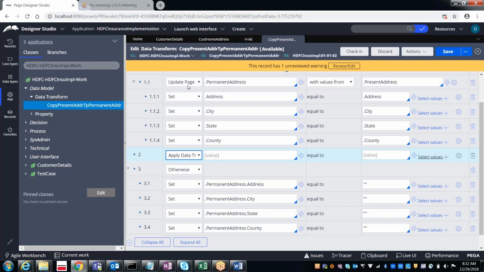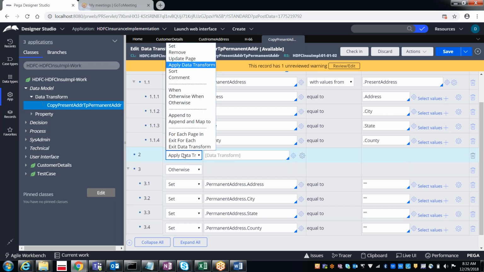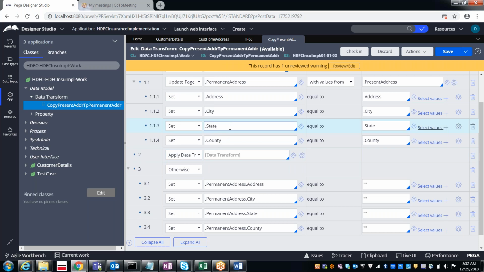That is for referring to some other data transforms from this. You can also use something called sort and comment. Append and map to, as I said, if you want to copy the complete page, you can use the append to. If you want to map the properties like this, then we can use the append and map to method. Okay, so now let's go ahead for the next session.